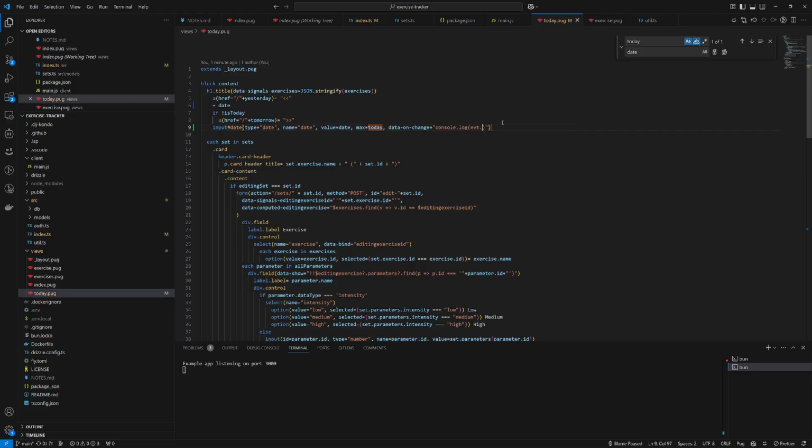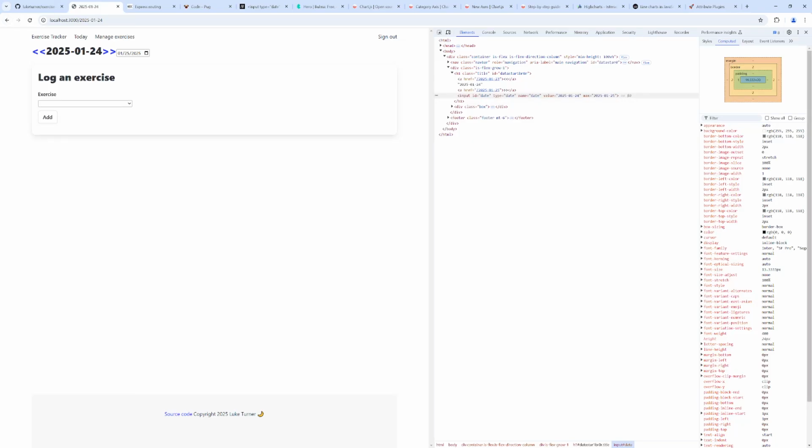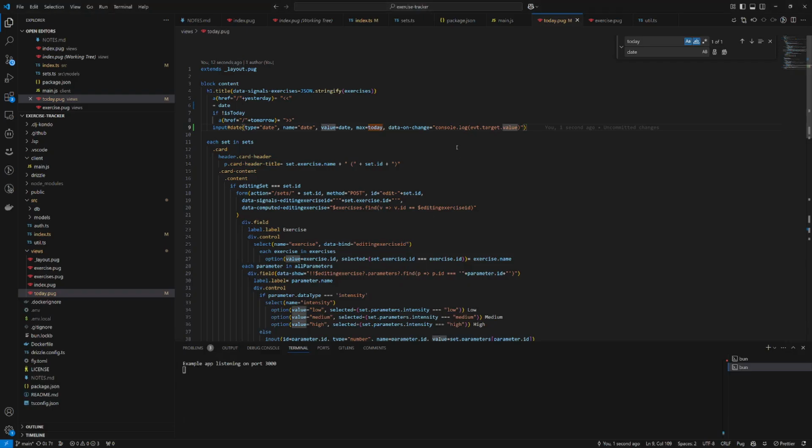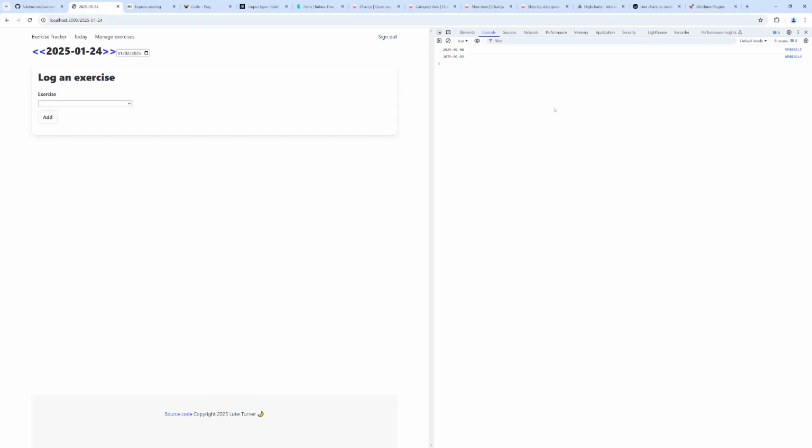Console.log event.target.value. So suppose I pick a date, I get that date logged. Okay, so now instead of logging it, we're going to redirect the page. So location.pathname equals slash, let's do it this way, slash event.target.value. And so now if I pick some other date,